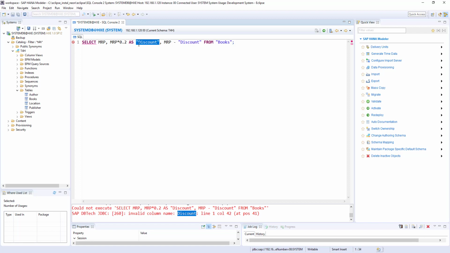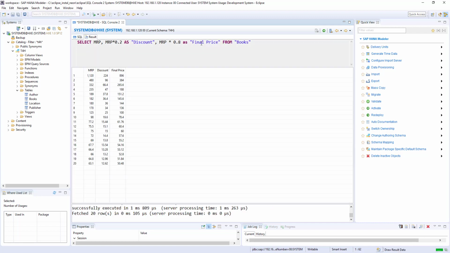So we cannot use discount in the same select statement. If you want the final price, then you have to multiply by 0.8 as final price. So that's how we can derive mathematical calculated columns.